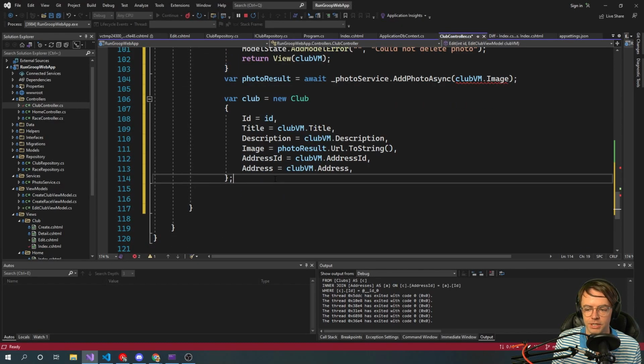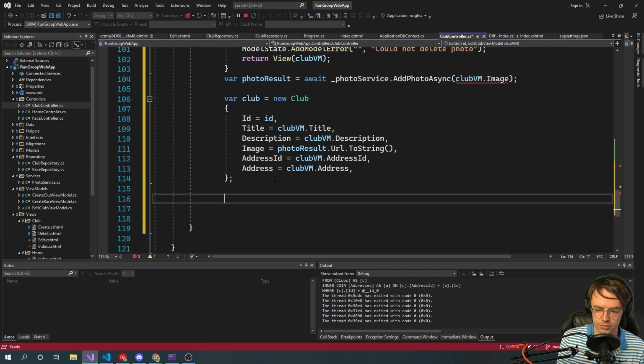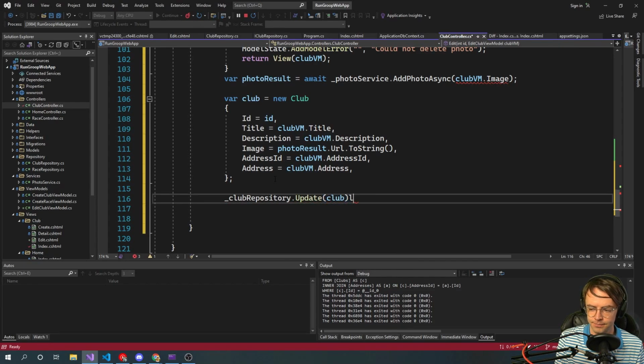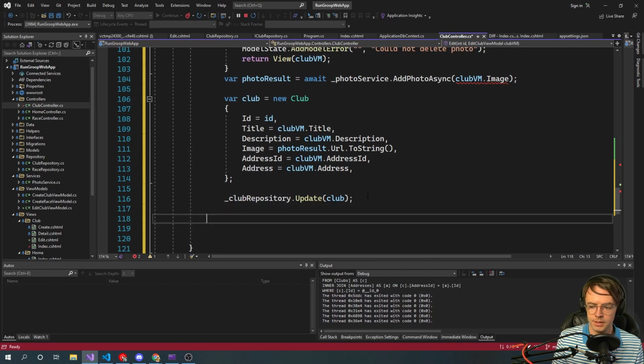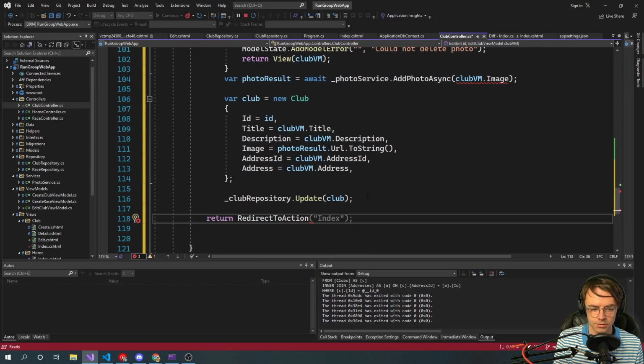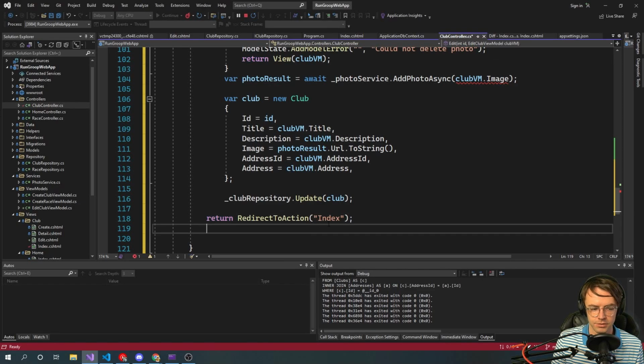And after we get done with that, of course, we're going to go into here and we're going to update this in the database. It's a lot of work. And return after that, we're going to redirect to action, and if that works, and if all else fails, what we're going to do is